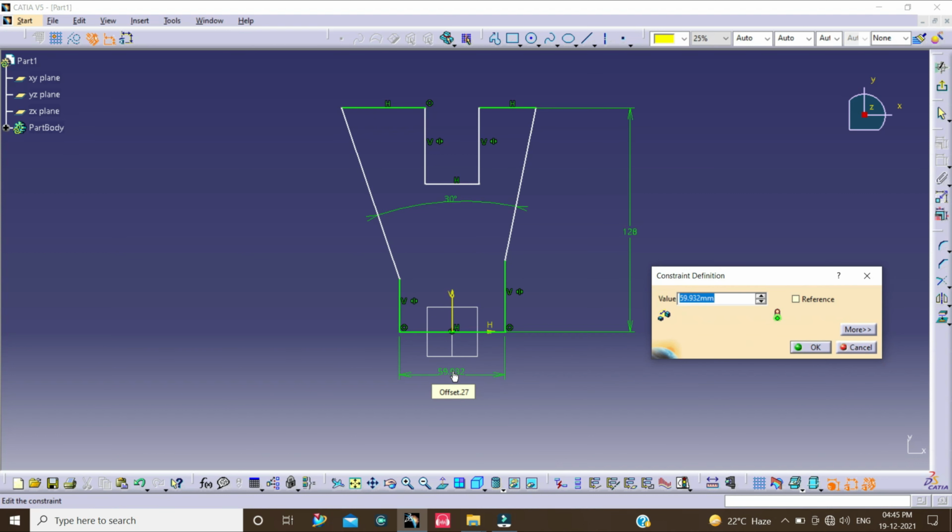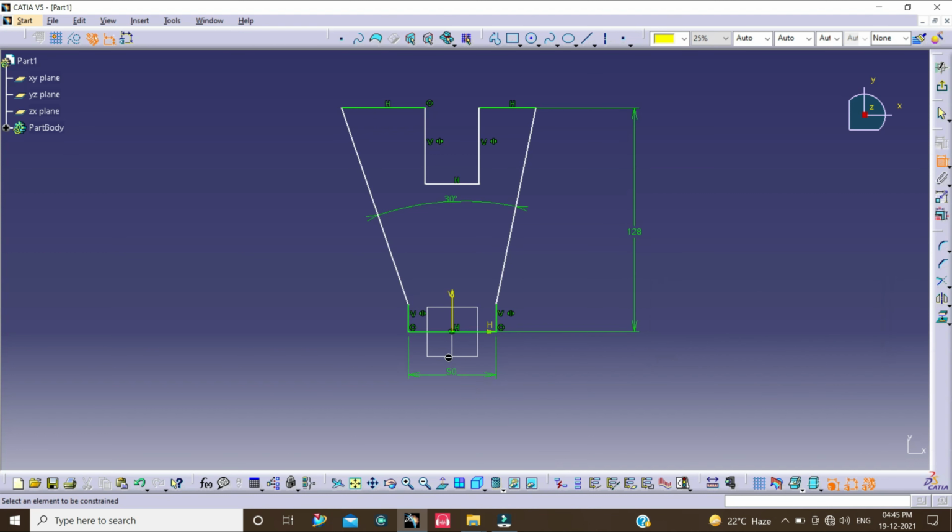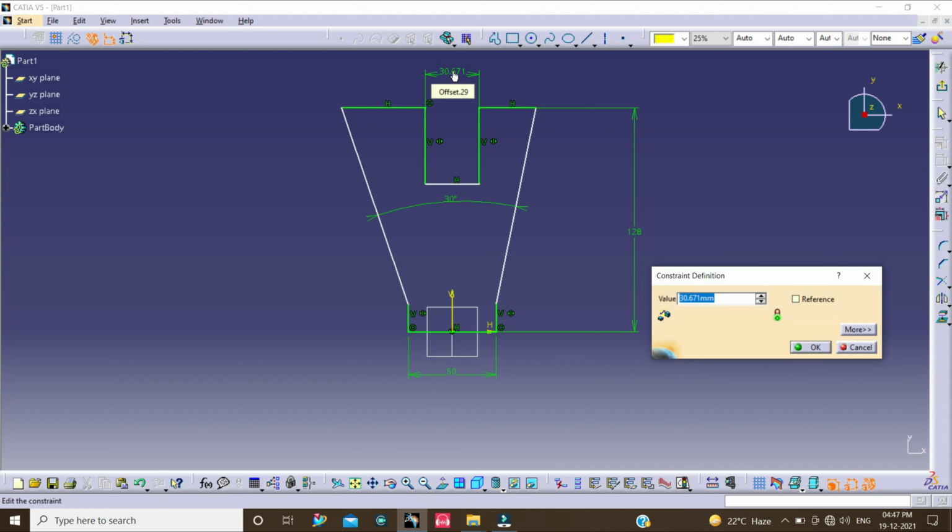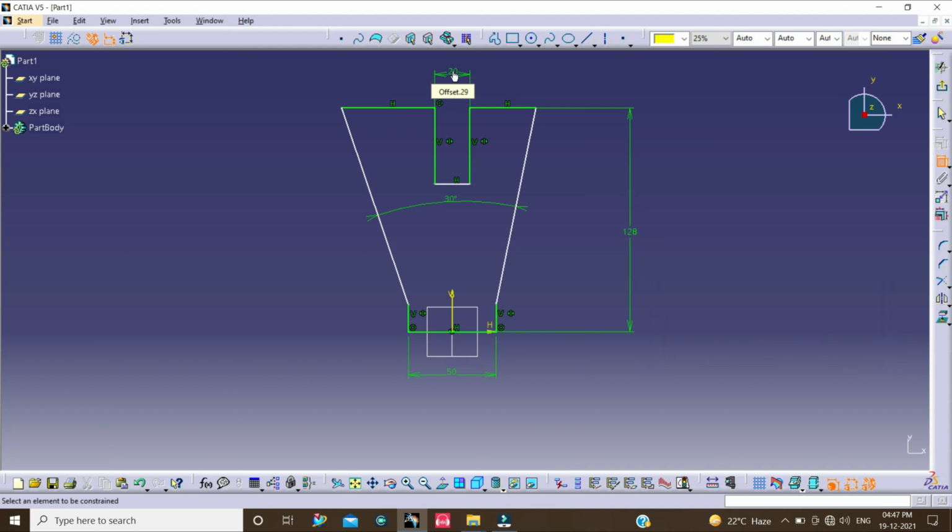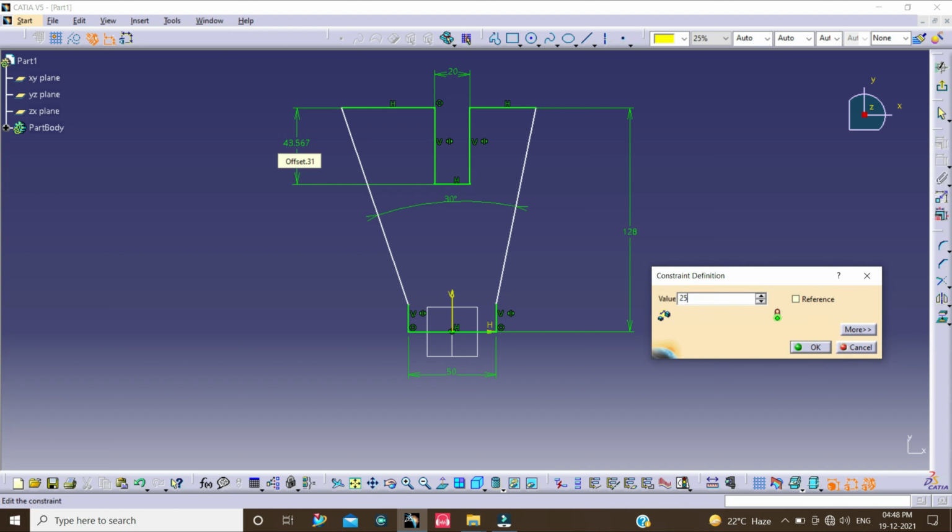Select this line and this line. Change this dimension to 50 mm. Again select this vertical line and this vertical line and change this dimension to 20 mm and click on OK. Now select this horizontal line and this horizontal line and change this dimension to 25 mm and click on OK.